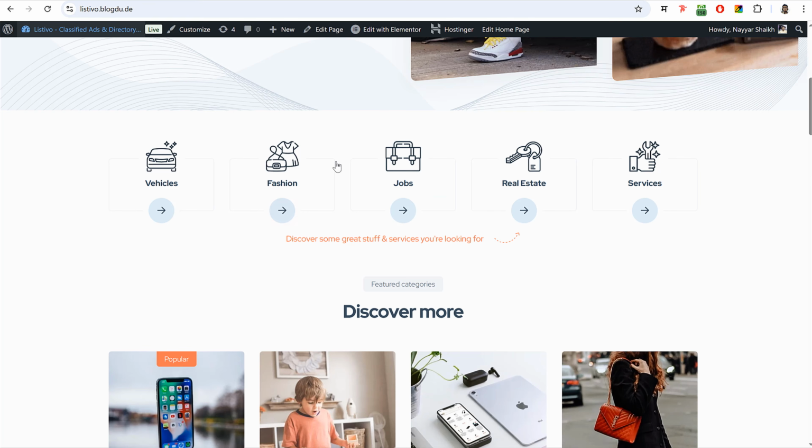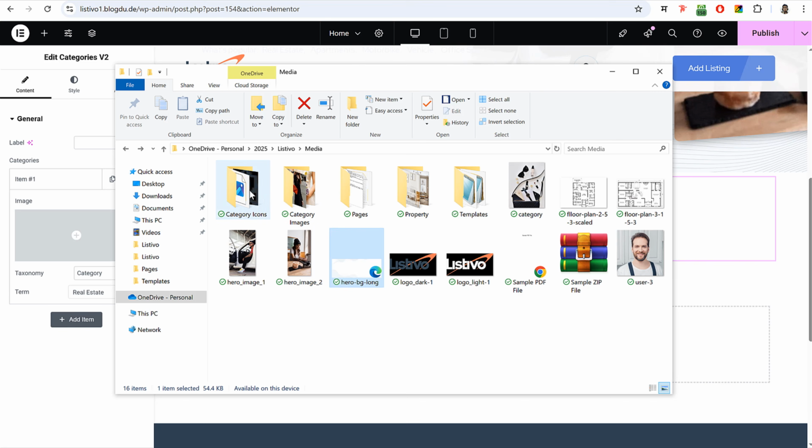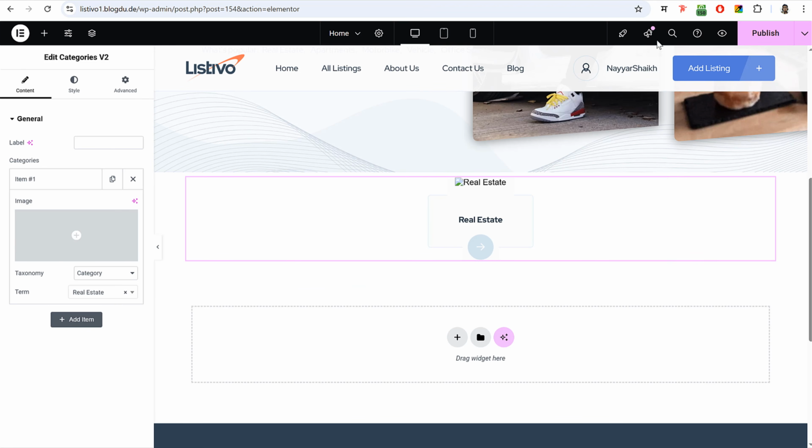Now I've given you these images as well. These are icon images. If you open the media folder, category icons, you can see I've given you these images. Now, if you don't want to use them, if you want to create your own image, then you can go to this website,